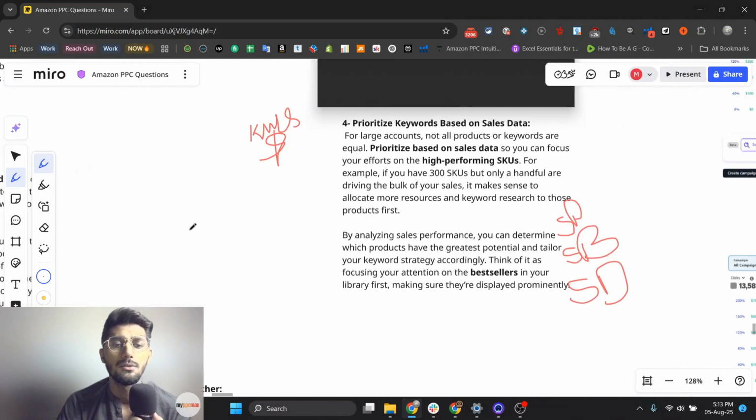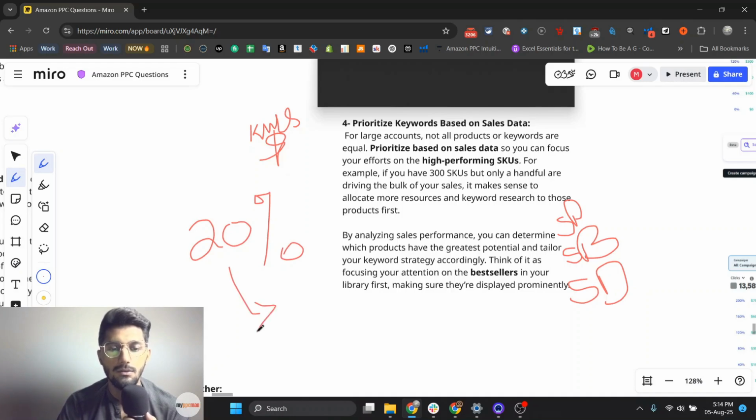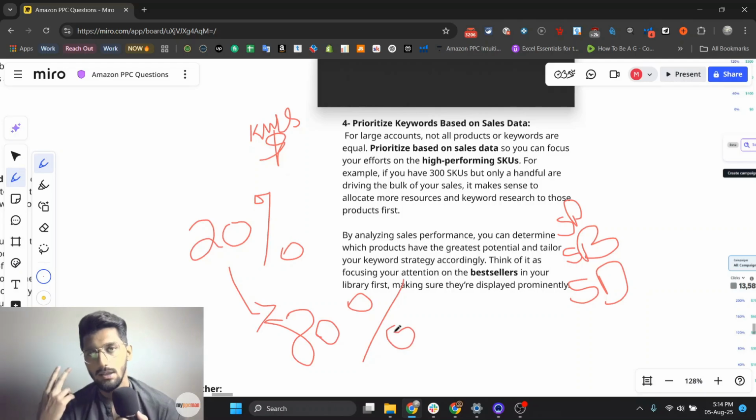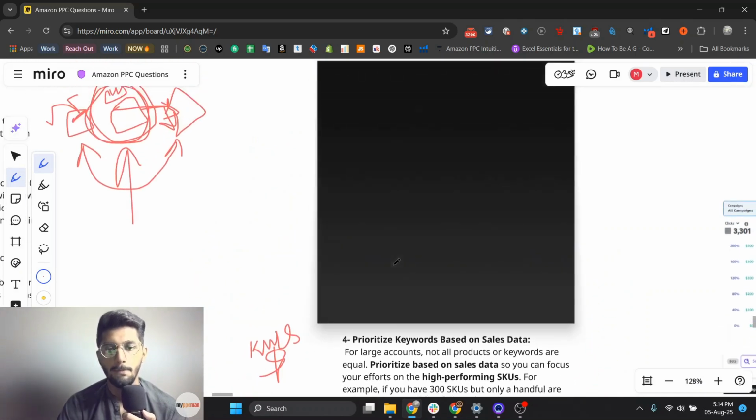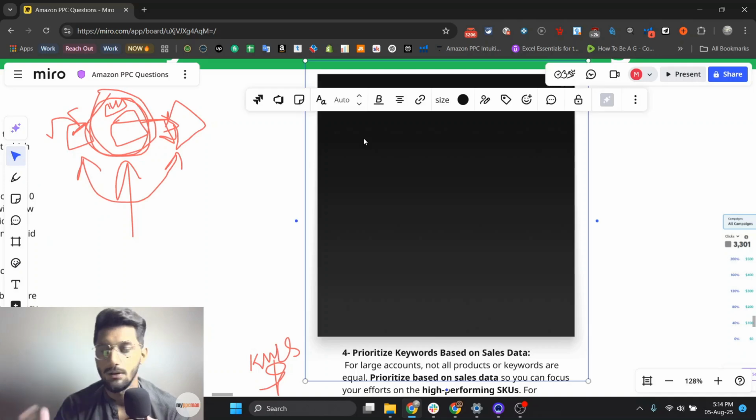I don't know if it's the Pareto principle or Parkinson's law, but 20% of your products will give you 80% of your sales. So you have to find those 20% when you are doing keyword research for a large account. You have to find the 20% of the keywords which are bringing the most traffic for all of those products in each category as well.